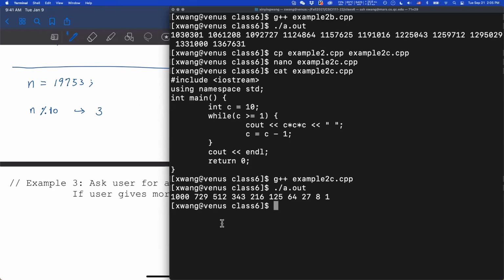Which means whenever you do the modulo 10, it will find the last digit.